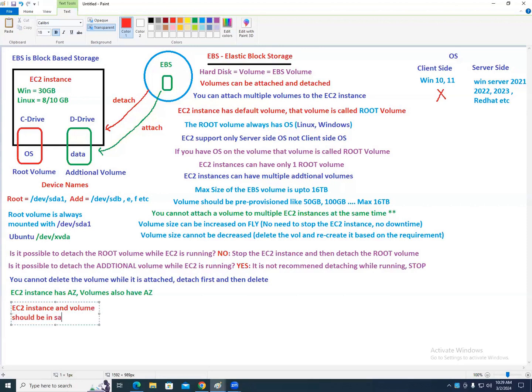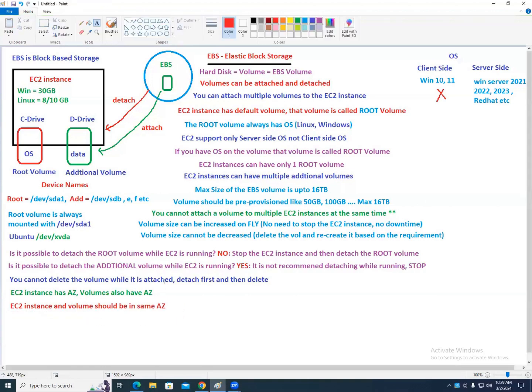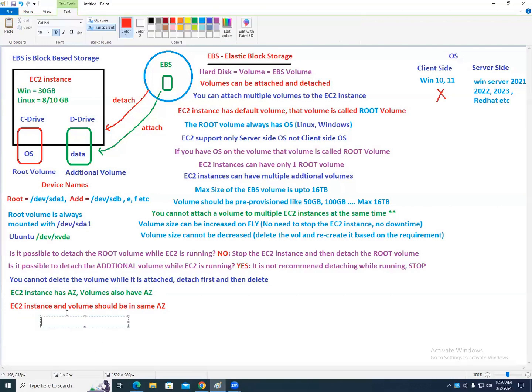No, data can be copied, but you cannot copy the machine. By the way, is this Elastic Block Storage, EBS, regional or global? It is regional because we are talking about EC2. As EC2 is regional, all the concepts inside the EC2 are also regional.